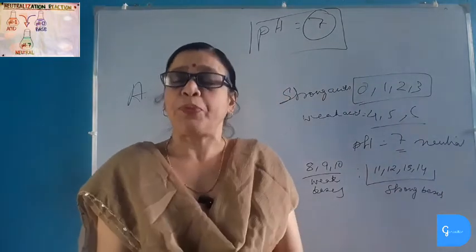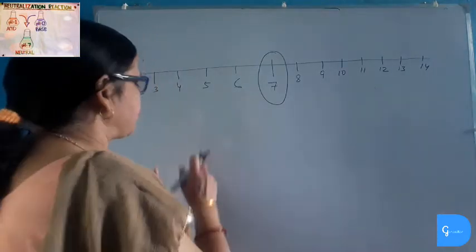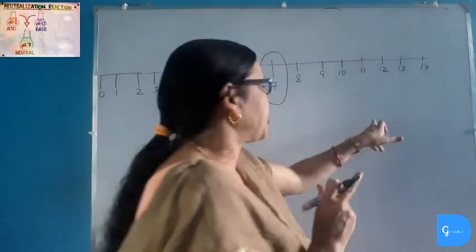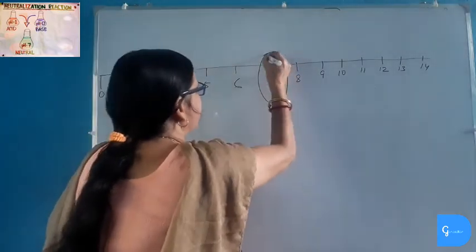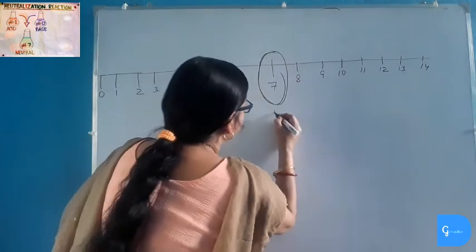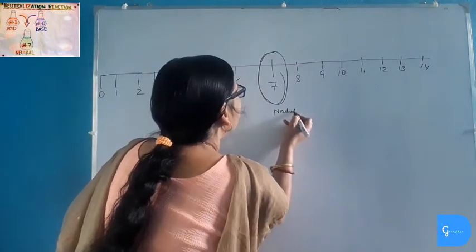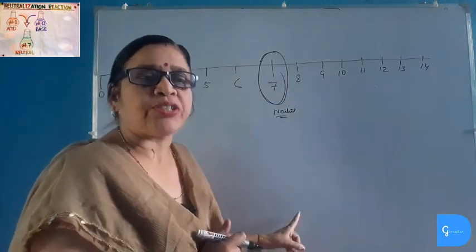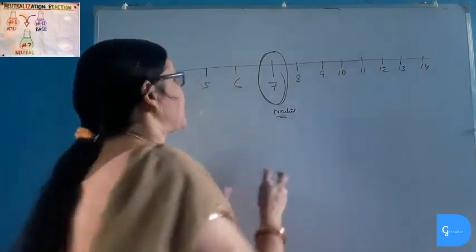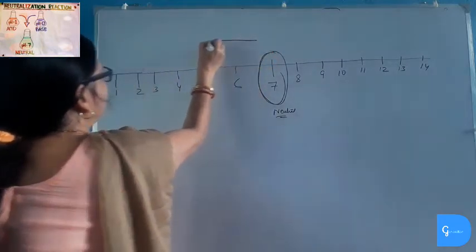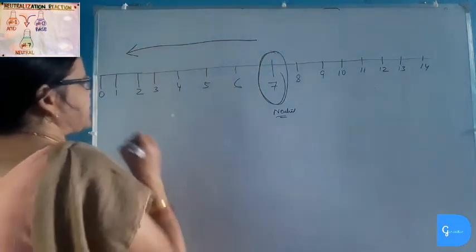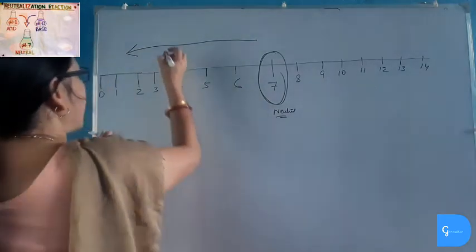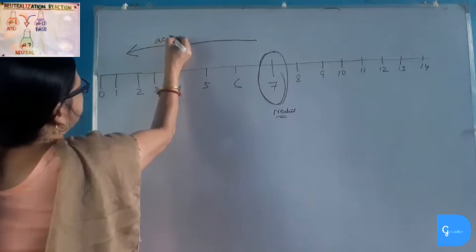Now we will see the pH scale. So far we have studied that the pH scale contains numbers from 0 to 14, and a substance which has a pH value of 7 is neutral, like pure water, salt solution, sugar solution. They all have pH value 7. And as we move towards the left, that is, if the pH value decreases from 7 to 0, then the acidic property increases,